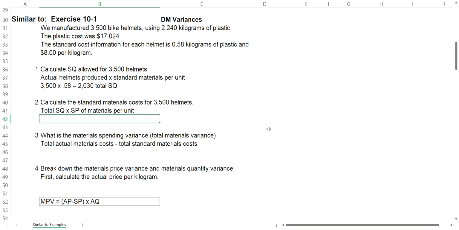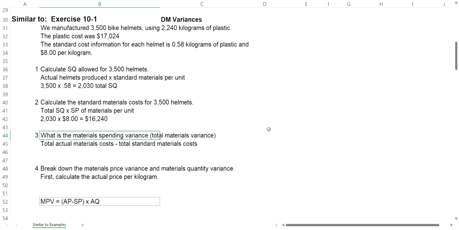For question 2, we want to calculate the standard material cost. We know the actual material cost is $17,024. What have we budgeted for material costs to make 3,500 units? Well, we would take that total standard quantity that we calculated in part 1 and multiply it times the standard price of material per unit. In this case, it would be per kilogram is our unit. So that would be given at $8. Multiply that out. That is